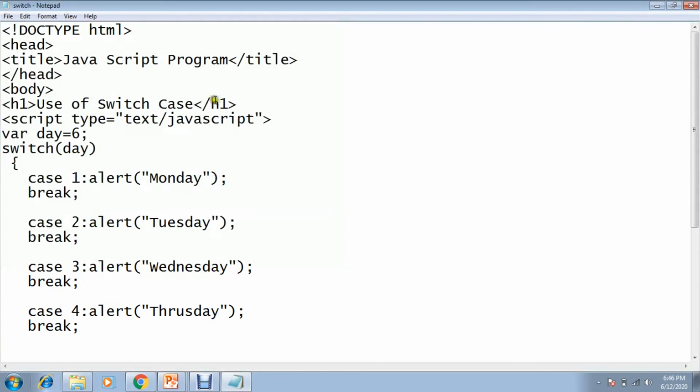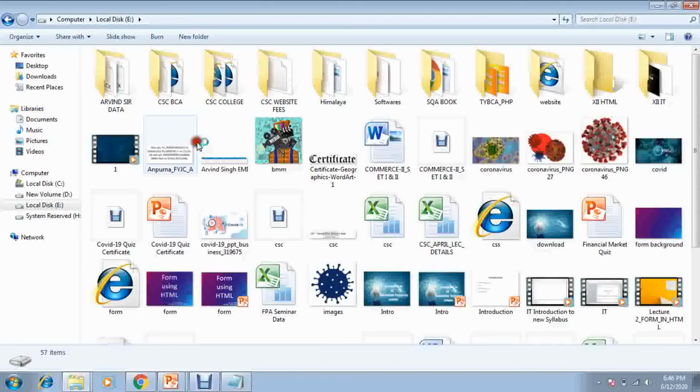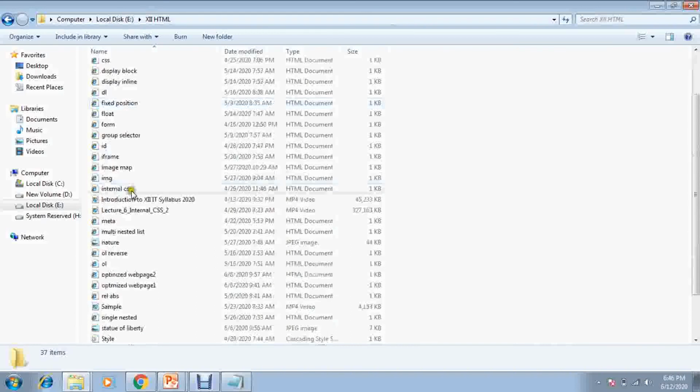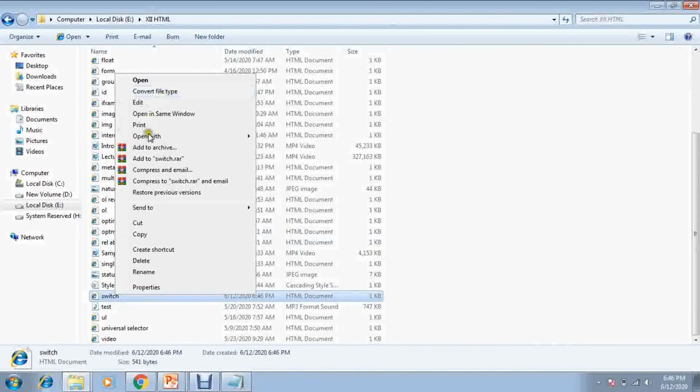Now let's check the output of this code. We have saved this in 12th HTML. This one is switch. Just open this with Google Chrome.